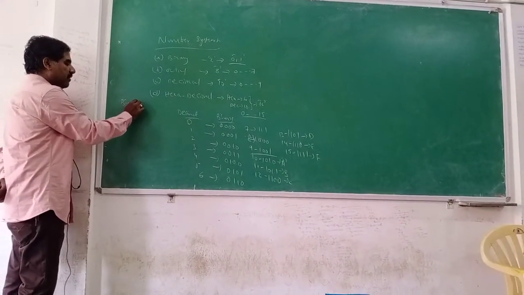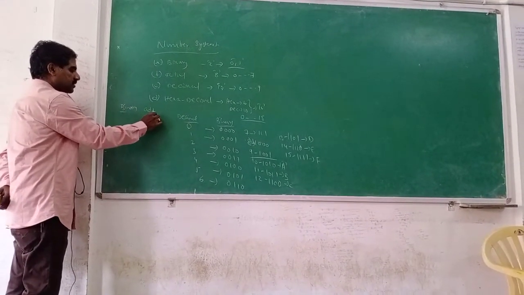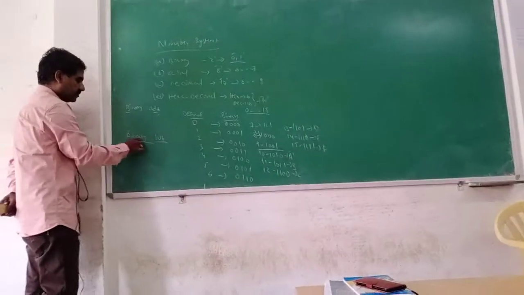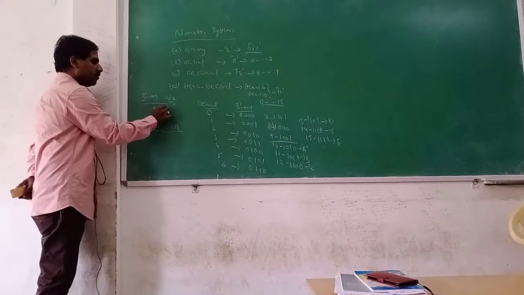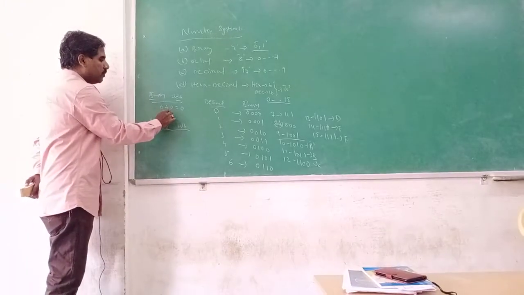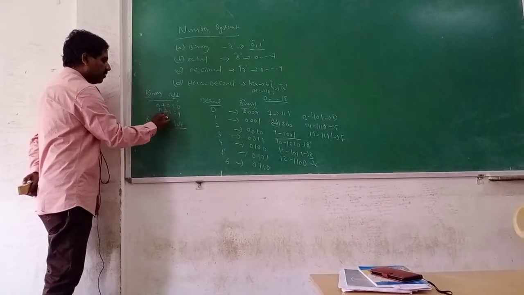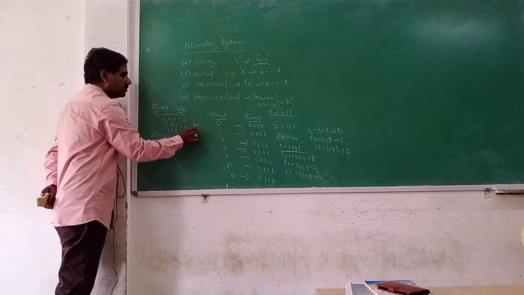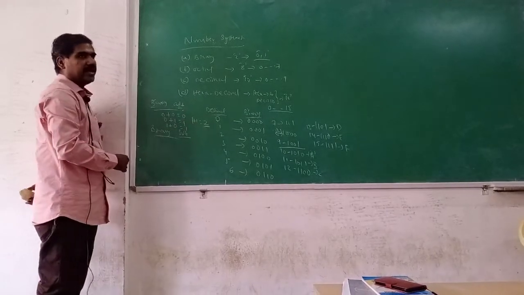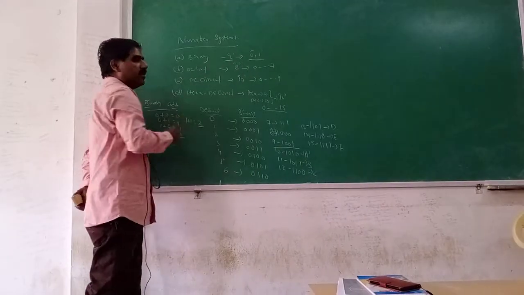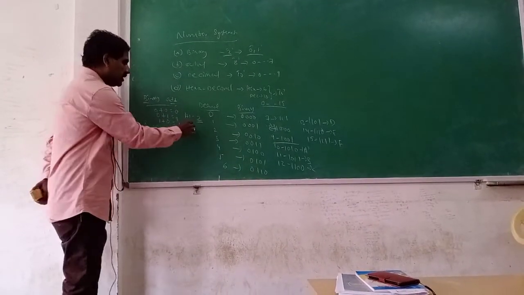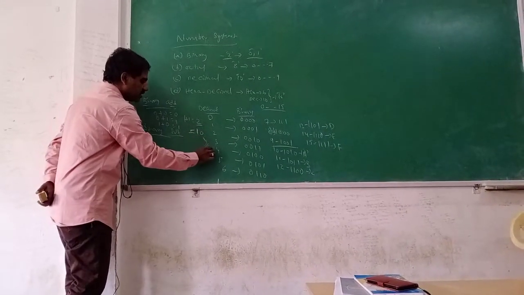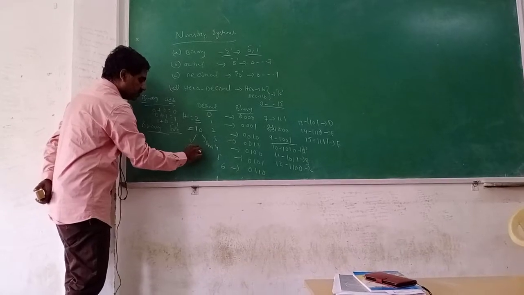In binary, we are having two methods. First one, binary addition. Another one is binary subtraction. Binary addition means 0 plus 0 is equal to 0, 0 plus 1 is equal to 1, 1 plus 0 is equal to 1, whereas 1 plus 1 is equal to 2. We can't write 2 because in binary we are having 0 and 1 combination. Then 2 can be written as 0 with a carry 1. 0 means sum, 1 means carry.